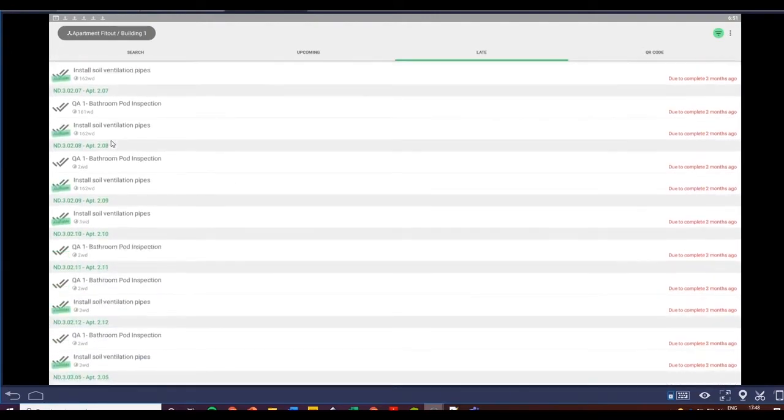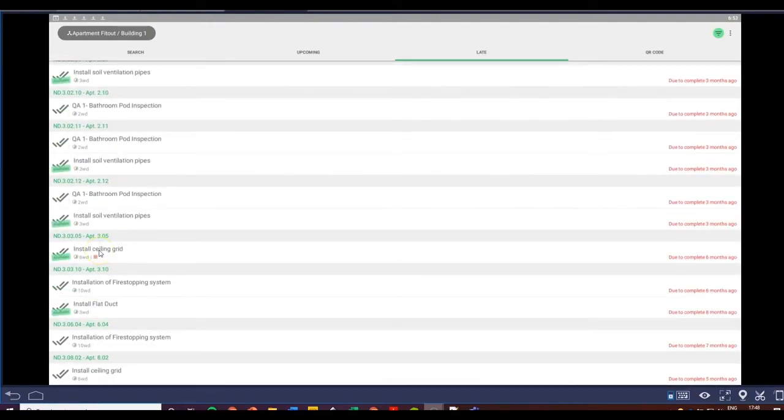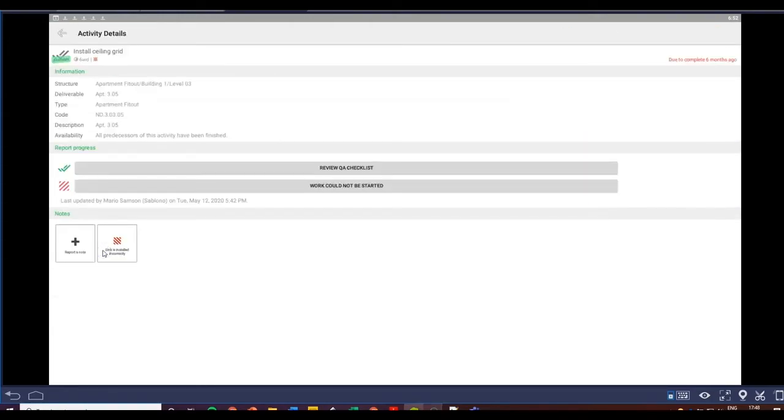And I'm now looking for one that has an obstruction reported, so I can see the little icon in there. So that tells me that there's something in that apartment. Once I click, you will also see a difference from the version that we're looking at just now. In this case, you just see the review QA checklist action,